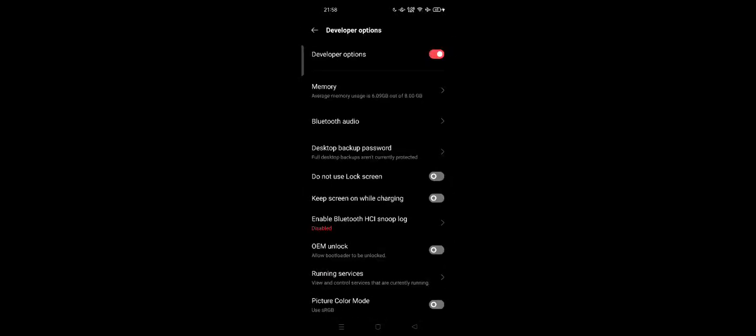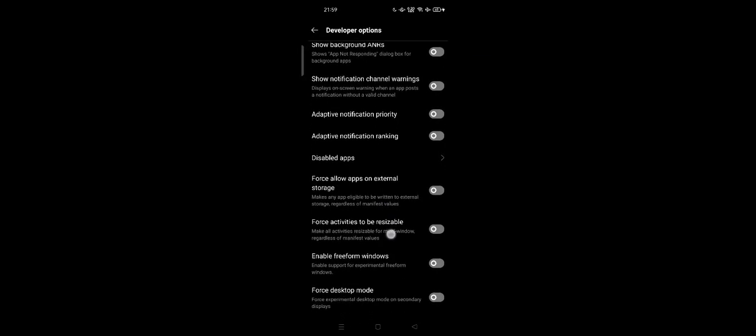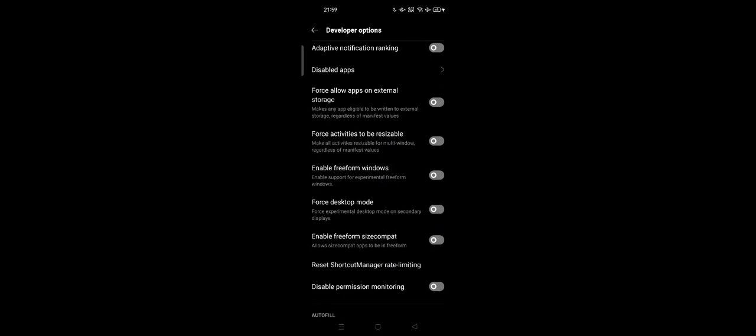Tap additional settings, tap developer option, then scroll down and search for force desktop mode on Android. This one, force experimental desktop mode on secondary displays. If you turn this on, you can allow applications to open in floating windows even if the device was not intended for freeform mode, like most